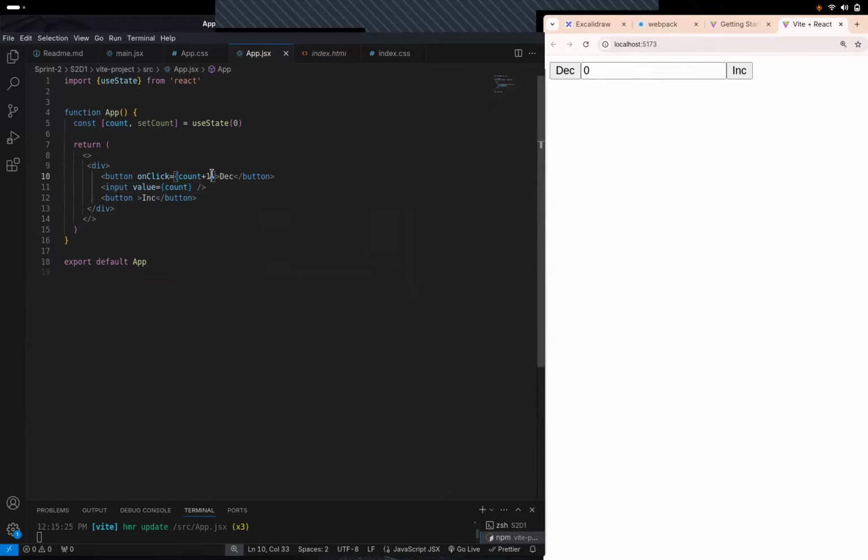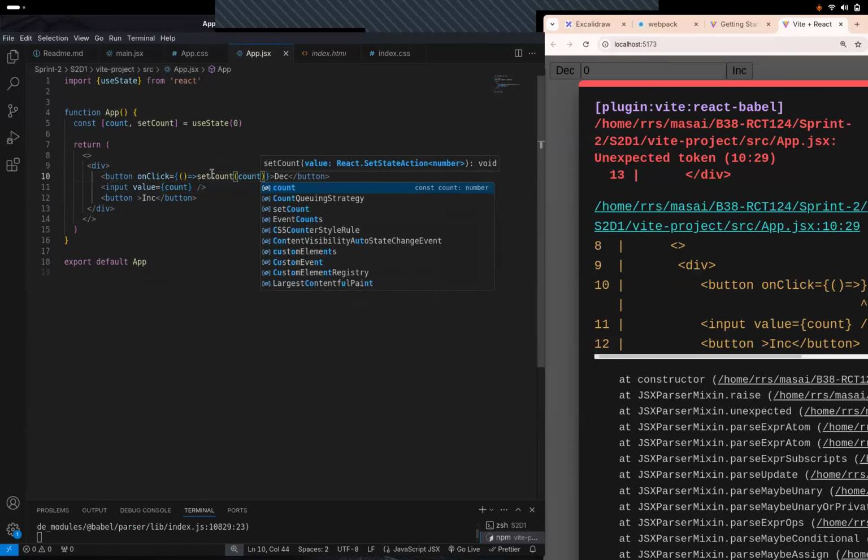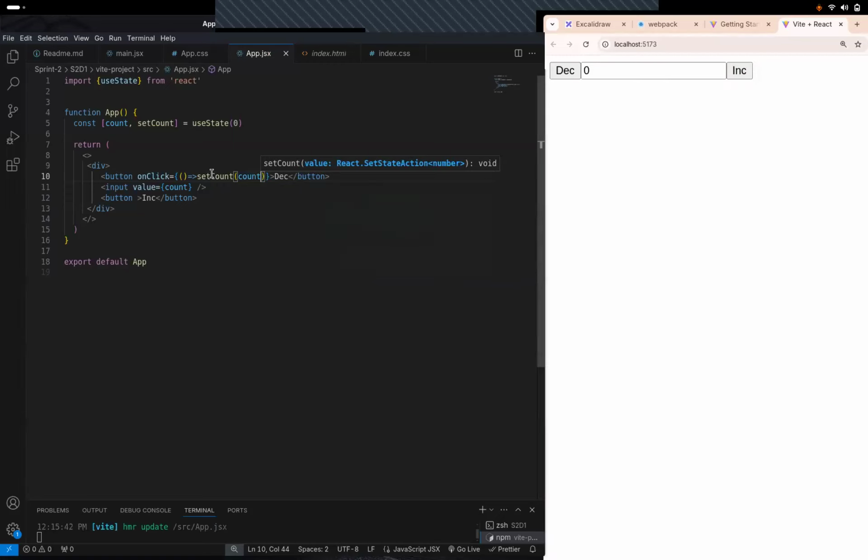Right? And let's do onClick over here. And whenever we are doing onClick, what I can do is simply call setCount, and this will be whatever count we have, minus 1. Right? So if I click on decrement, it will keep on decreasing.